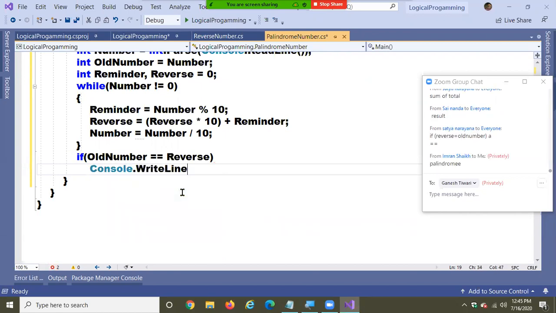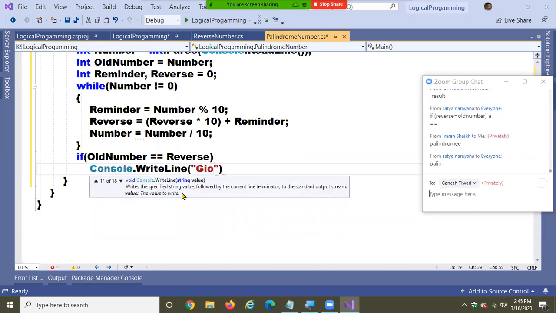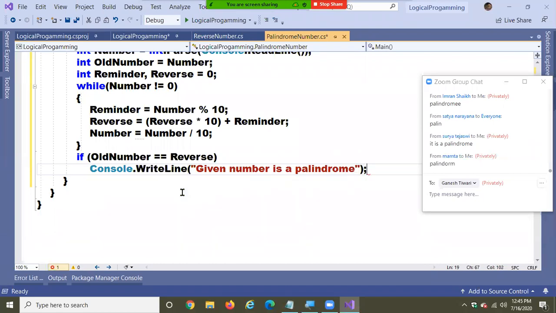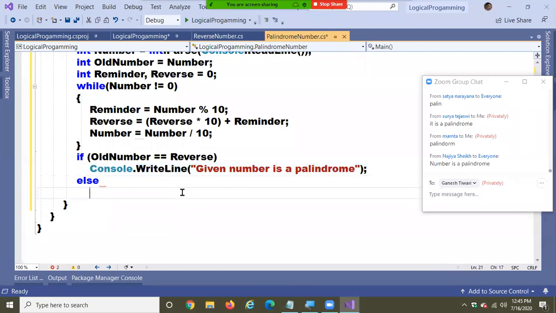Console.WriteLine given number is a palindrome. Else, given number is not a palindrome.